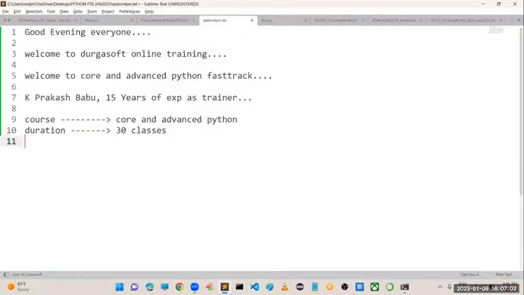Next, the fees for this batch. Before that, I need to compulsorily mention timings. Already this batch got started at 3 o'clock. Just for add-on purposes, I have taken the class at 4 o'clock, but actual timings are from 3 p.m. to 4:30 p.m., Monday to Saturday. I can say Monday to Friday.